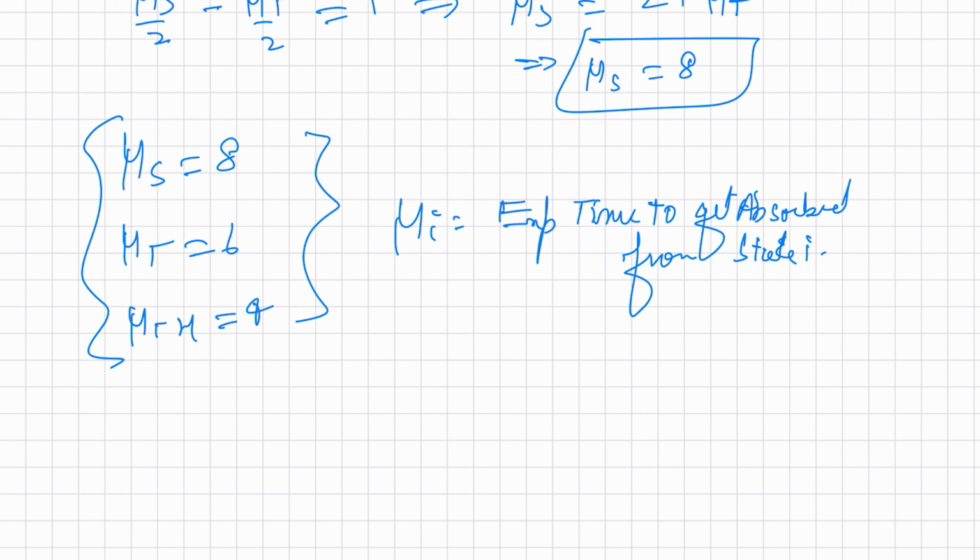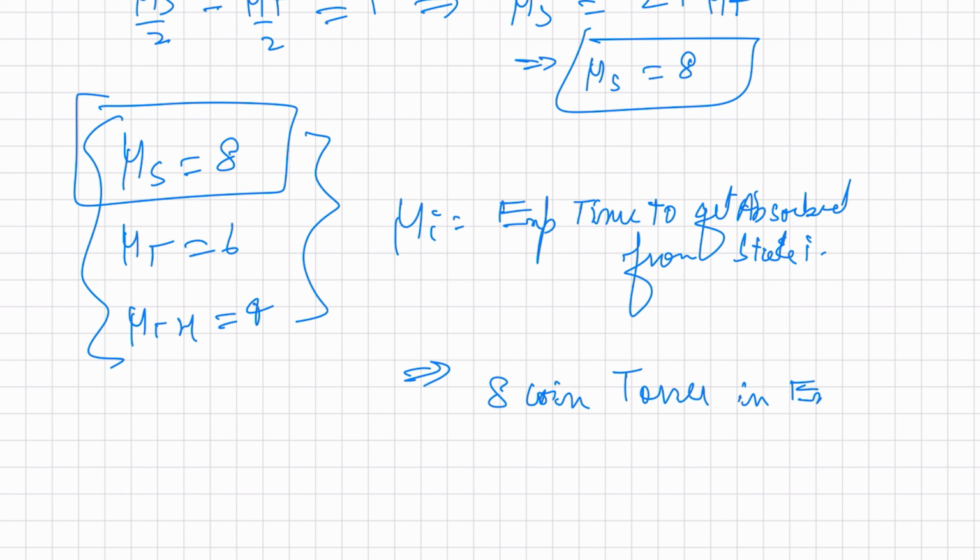So expected time to get absorbed here basically means how many coin tosses we are going to see in expectation, or on an average, before we see THH. This is precisely what we want, but the starting point has to be the S state. The starting point is represented by S, so therefore the answer becomes mu s. So therefore we need 8 coin tosses in expectation